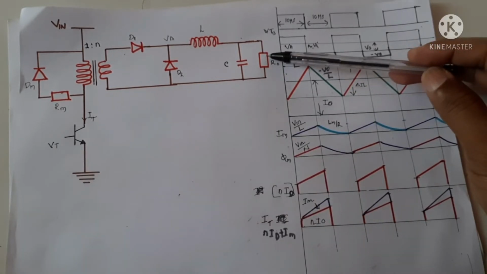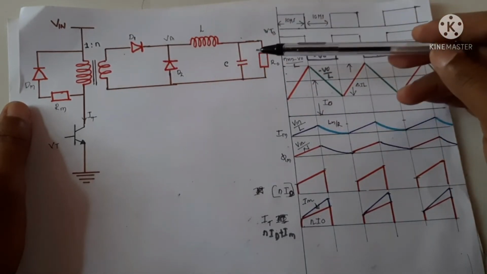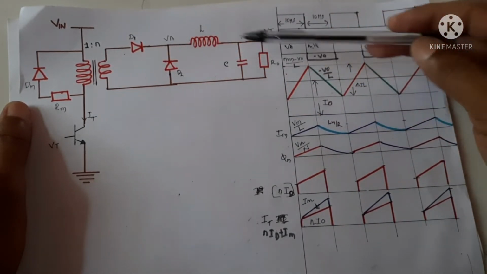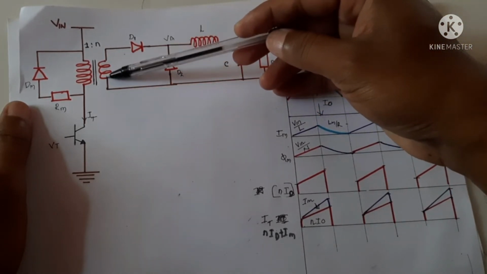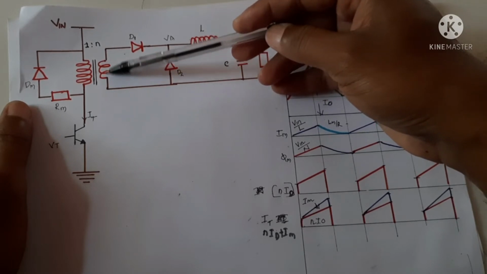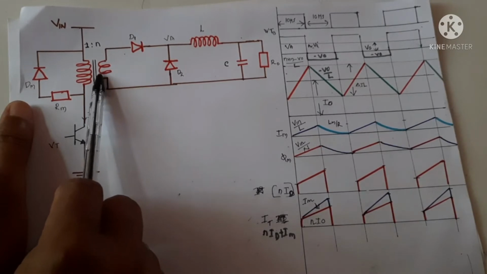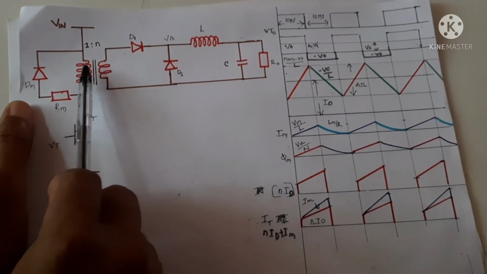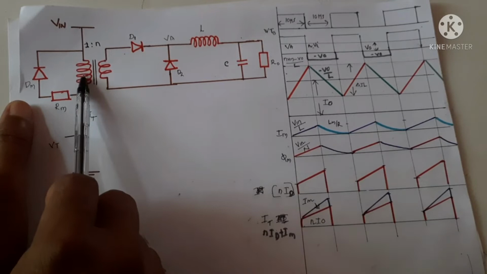Depending upon the current flowing through it, a reflected current also flows through this. How? When a load is connected and a current is flowing through it, the same current will flow through the secondary coil also. When current is flowing through the secondary coil, it produces a flux that will reduce the flux produced by the magnetization current. When that flux decreases, the EMF decreases.